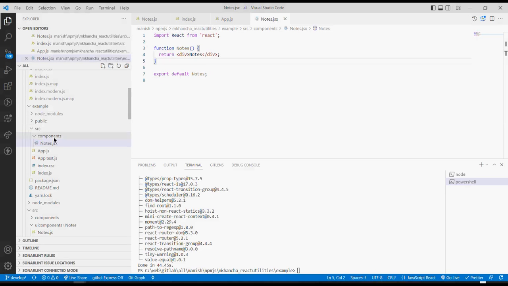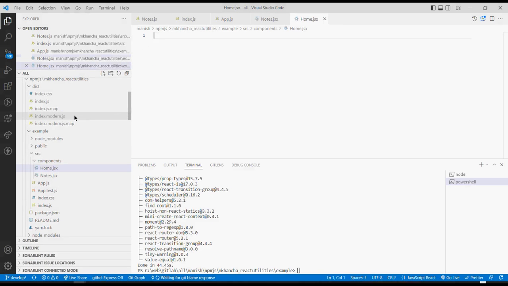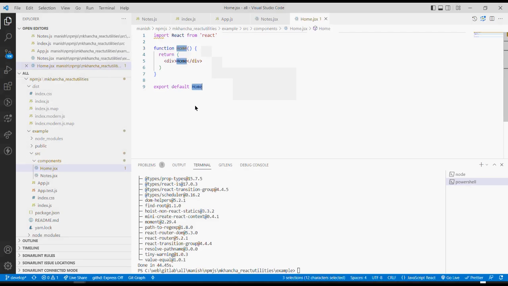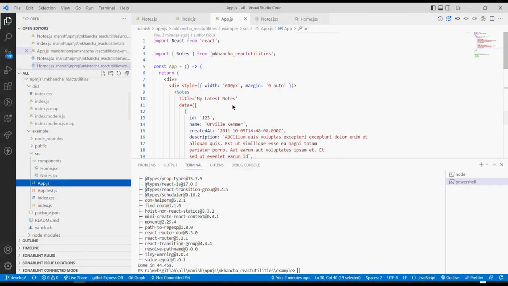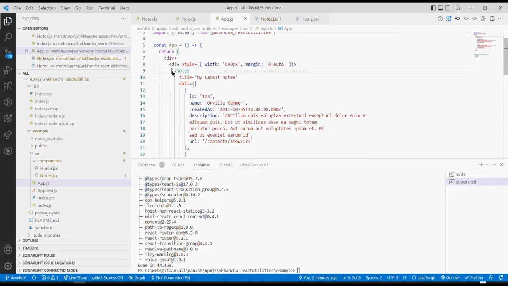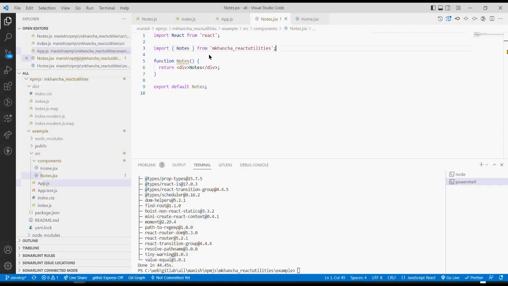and then I will create another component called home.jsx, which will be my home, because I will be creating routing. So I need different components for each route, and I will move the notes from the app to the notes component, and I will copy this notes part into the,